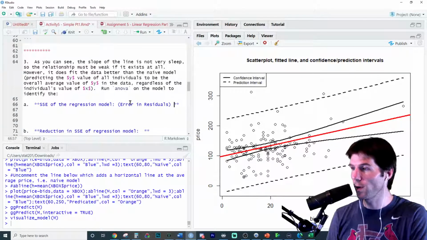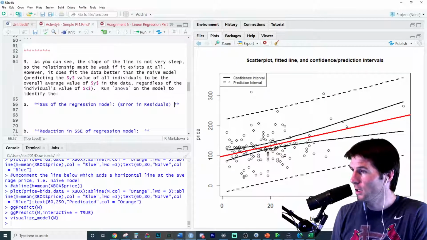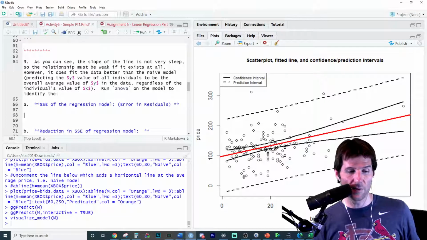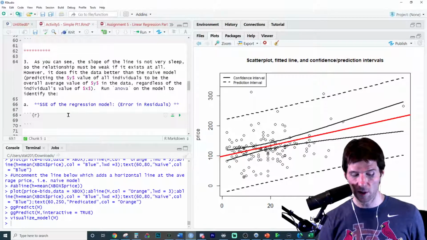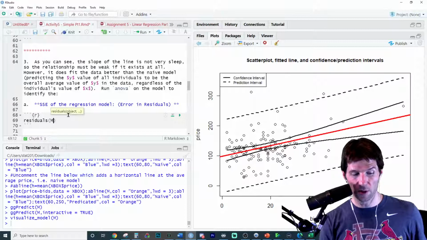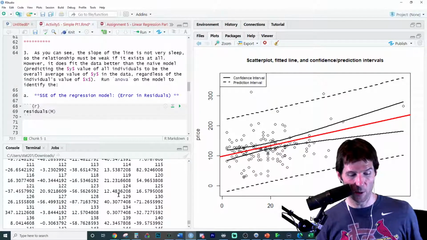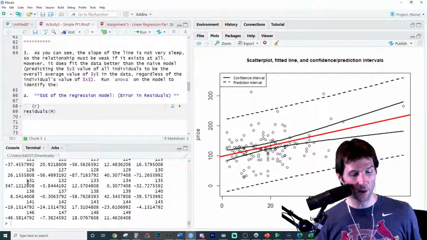The sums of the squared error of the regression model is how far we miss by. Like this point is missed by this much. This point is missed by this much. This point is missed by this much. So we would need to find how much the residuals miss by. So let's go here and find our residuals. Here are the residuals. And you could see 0.131, remember that point we were talking about earlier? 0.131 has a residual of